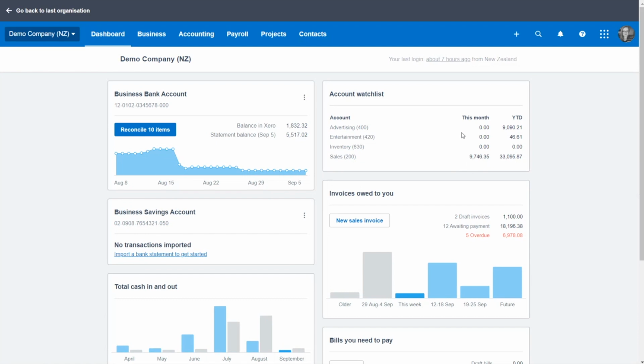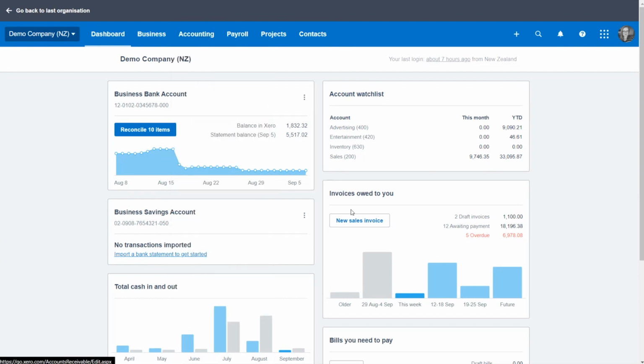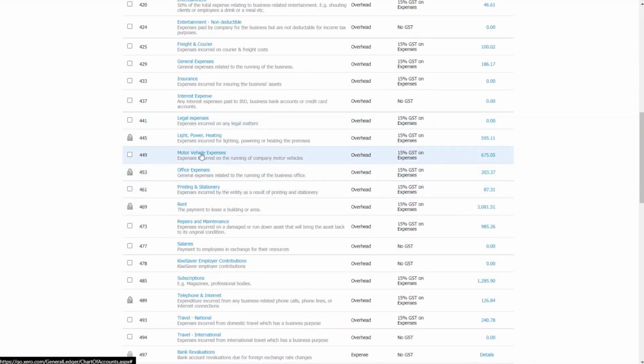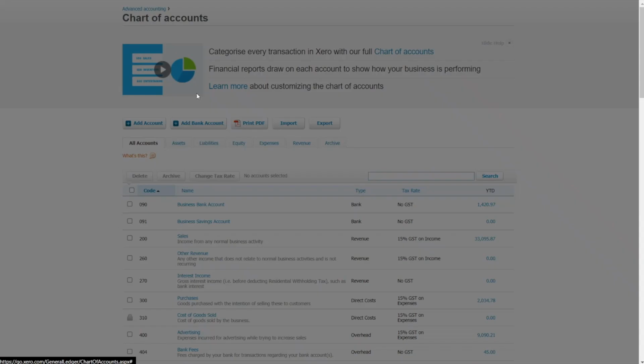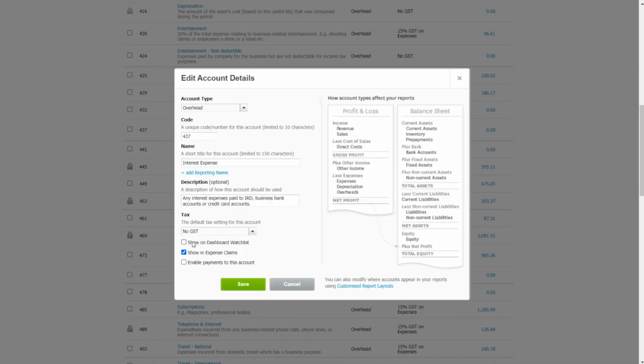The account watch list is really good if there's a code or something in your system you want to keep track of. You want to see it where it's visible and memorable. So the great place to put the accounts there is going to accounting, go down to chart of accounts. When it loads, because I'm on Wi-Fi at the moment, which isn't the fastest, I want to keep track of my interest expense. So I'll click on that and go down here, and there's a box here, show on dashboard watch list. If I enable that and click save,